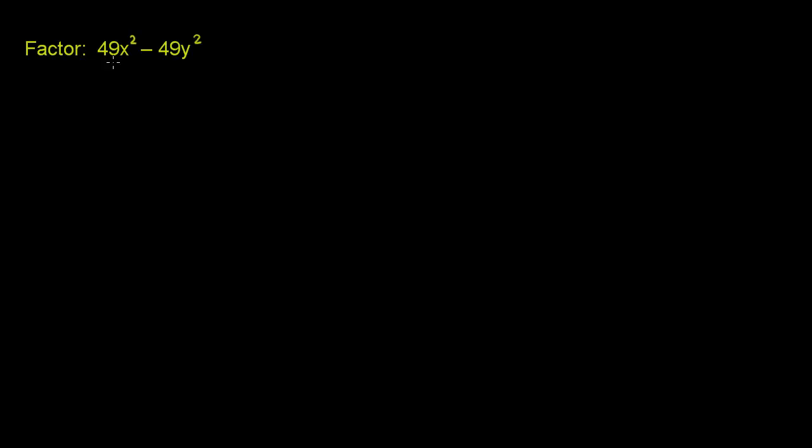We need to factor 49x squared minus 49y squared. Now here there's a pattern that you might already be familiar with, but just to make sure you are, let's think about what happens if we multiply a plus b, where these are just two terms in a binomial, times a minus b. If you multiply this out, you have a times a, which is a squared,